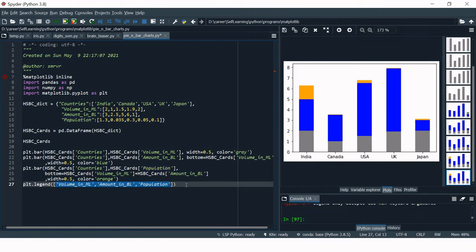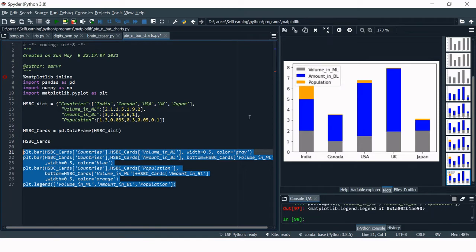Let me put it in square brackets. Like you can see, the gray color indicates that it's volume in million, then blue color represents amount in billion, then orange color indicates population. Alright, so this is how you can add the legends.